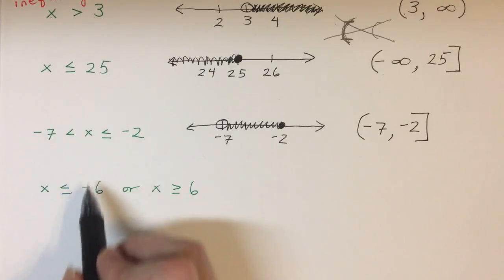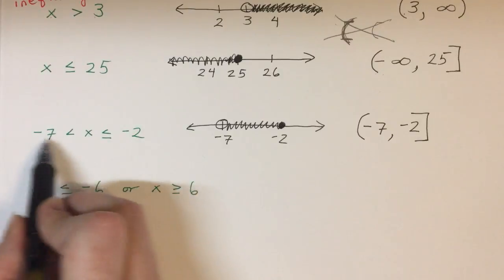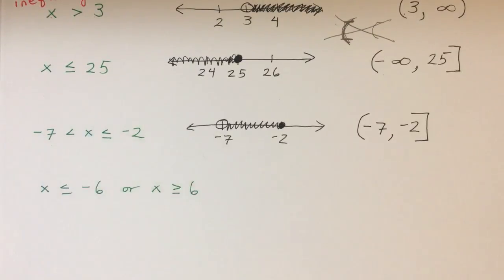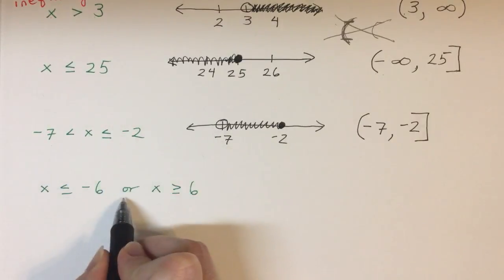So these two are compound inequalities. Sometimes this will be called a double inequality or a three-part inequality because you have the three parts together. And this would be using an and. With an or,